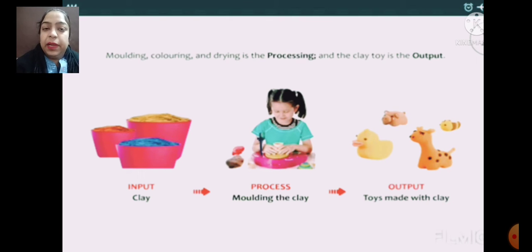That is called processing. After that a clay toy appears, which means a toy is formed. That is called the output. You can see it in the figure too. Input is clay, then molding the clay is the processing, and after that you are able to make different kinds of toys. That is the output. A toy is made with clay.